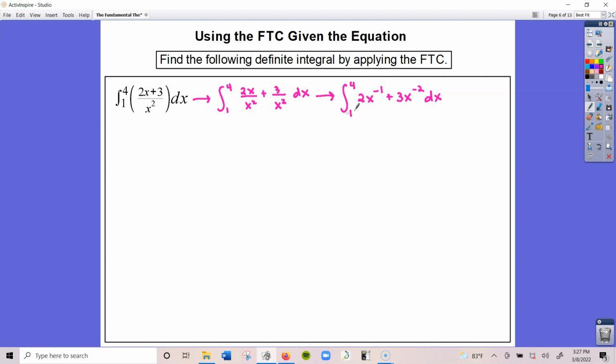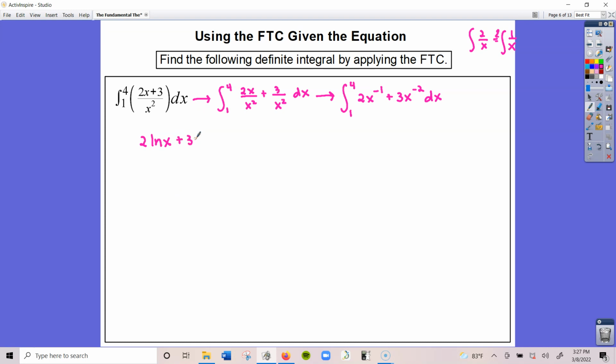And this 2 is just going to tag along. So this is going to be 2 ln of x. And just in case you need to see that, that is 2 over x. And I can move the 2 to the outside, which is 2 times the integral of 1 over x, which you should recognize as the derivative of ln. So 2 ln x